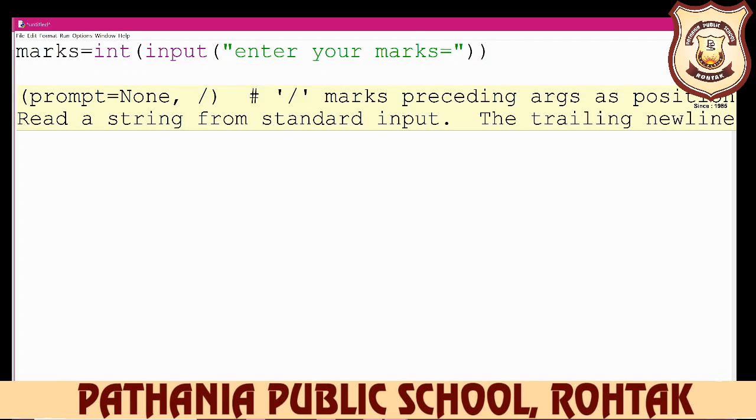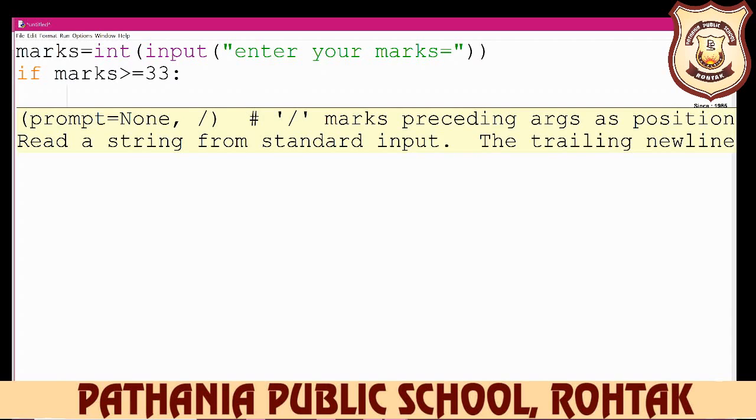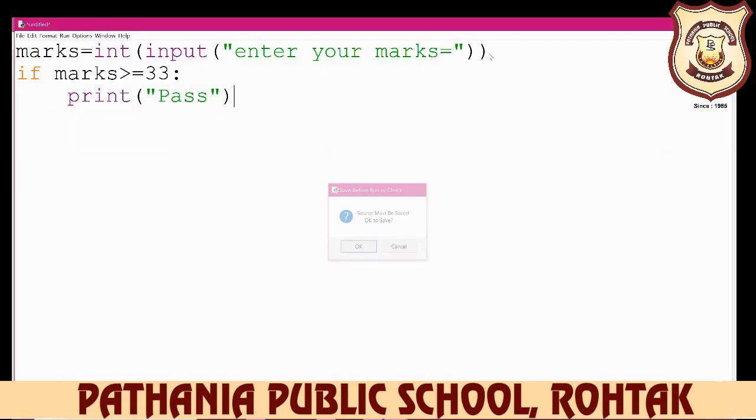Beta, indentation is very important in the Python language. So you write just where your cursor is blinking. So here you write down if, then write down the variable name. My variable name is marks greater than or equal to 33. Then what? Colon. Then display the statement. Which statement? Display with print. You can print one statement, two statements, totally your choice. So I want to display here the statement pass. So write down print and then inverted comma start, and then you write down here pass, and then inverted comma close and bracket close. After that, save it and okay.